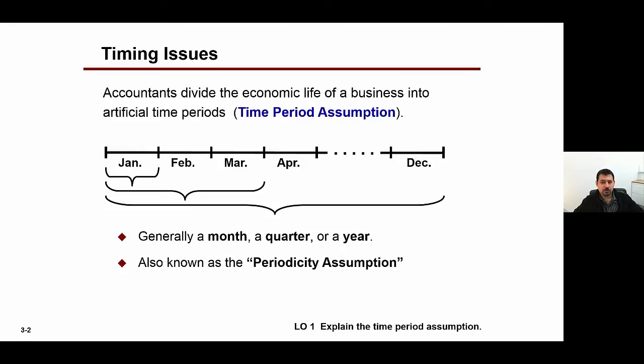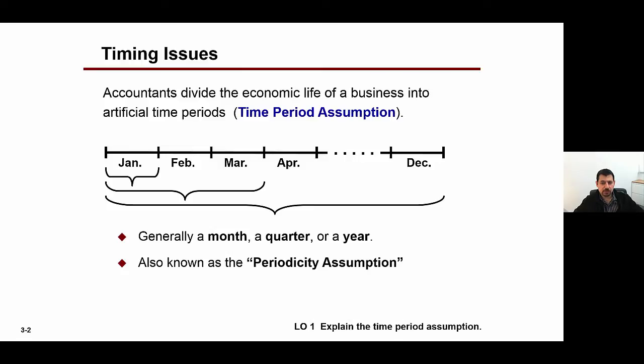Now, the problem is that using these accounting periods requires some kind of adjustments, especially when we have events that roll over into the following accounting period. Say, if you pay something in advance. If we could wait until the end of the life of a company, everything would be easy and clear, so we wouldn't need to make any adjustments. But because of these time periods,